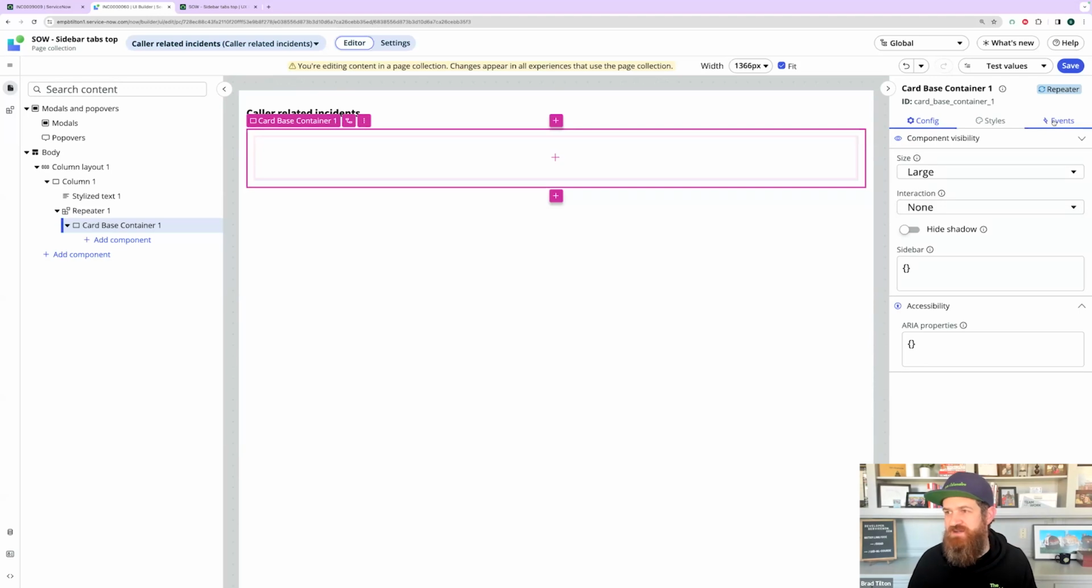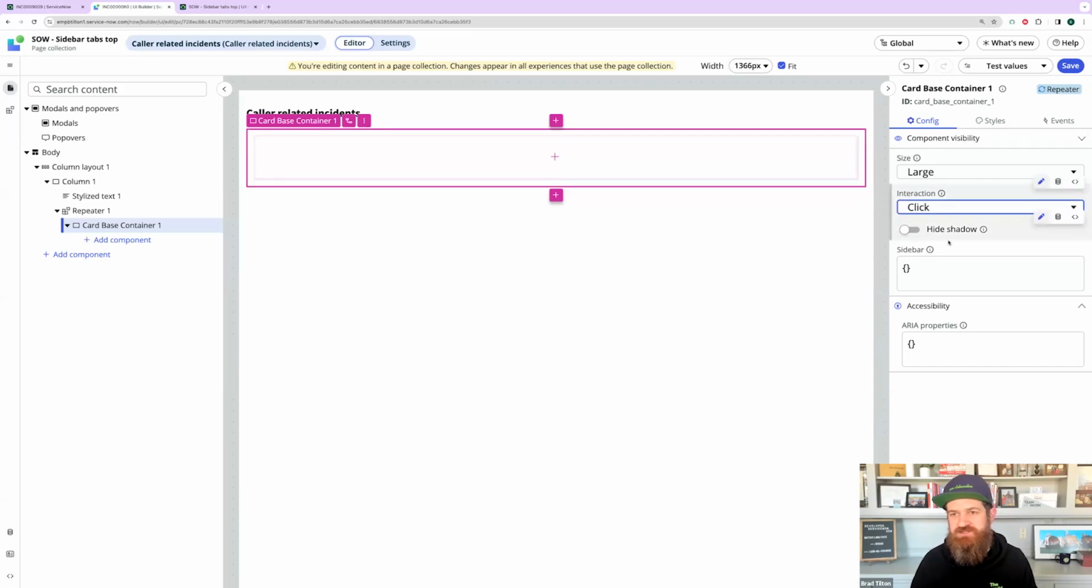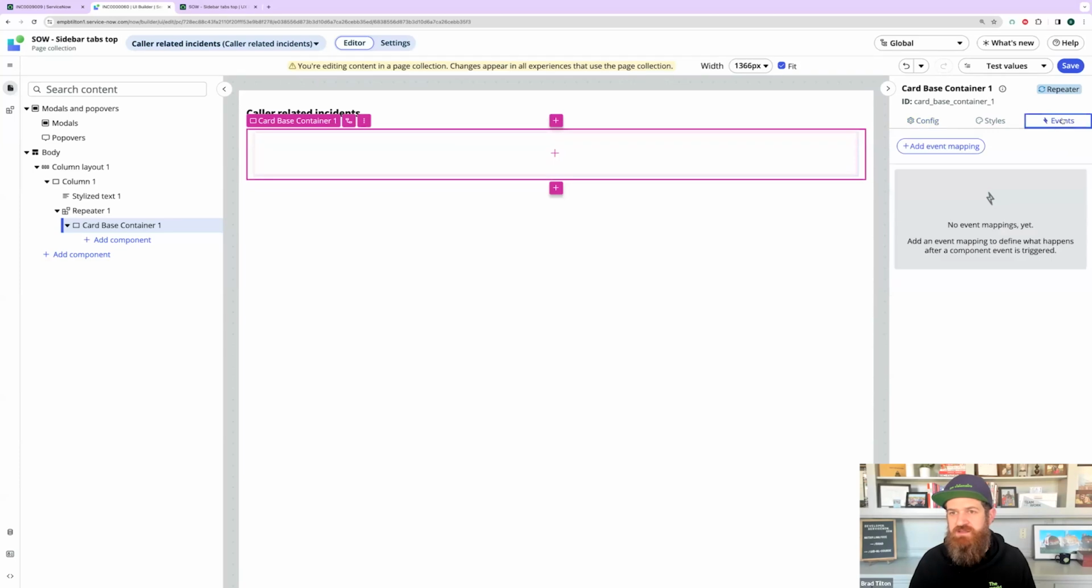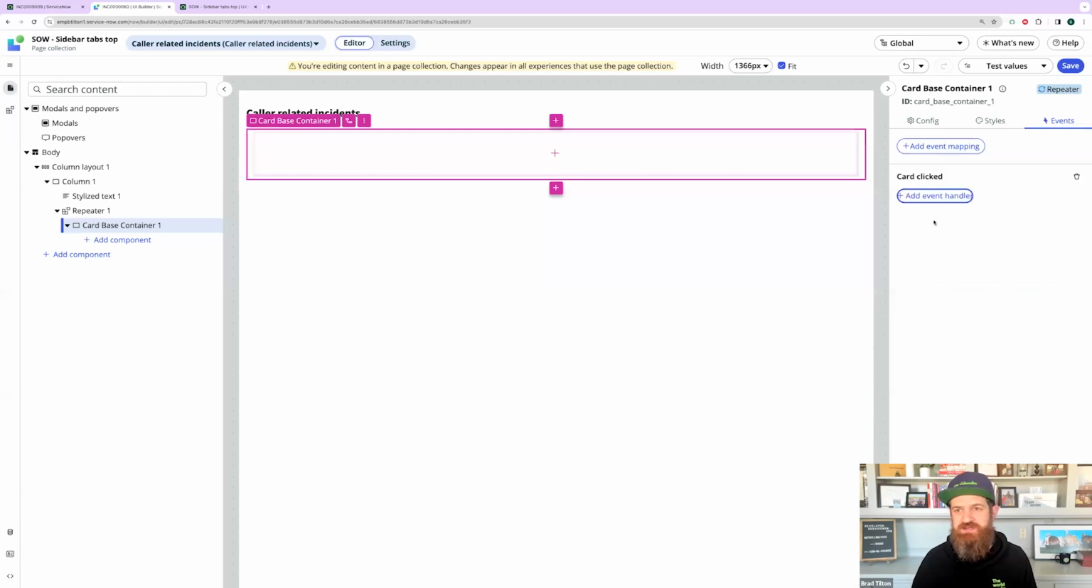So I've got my card-based container, and one of the things I can do is make it interactive. So I'm going to give it a click event, and I think I want to set that to medium. And then let us go ahead and add an event handler. So when the card gets clicked,